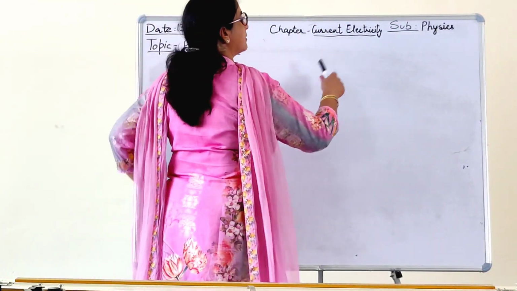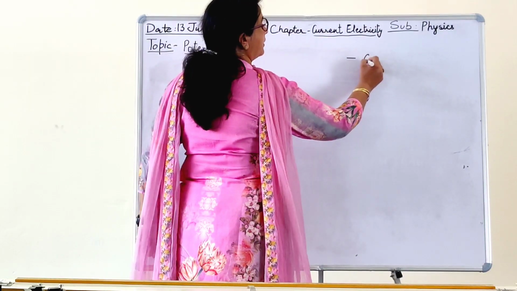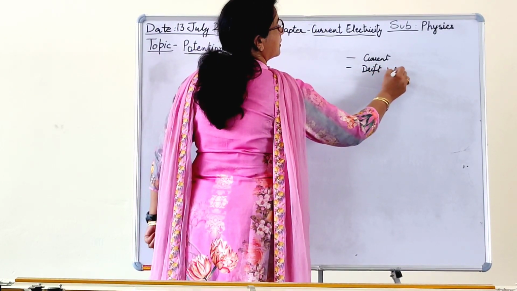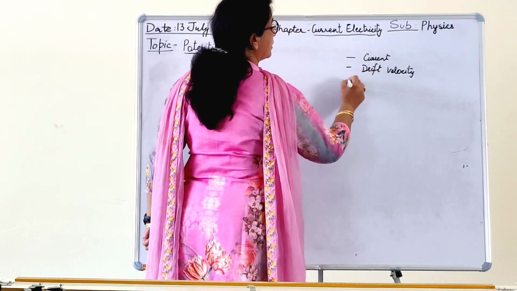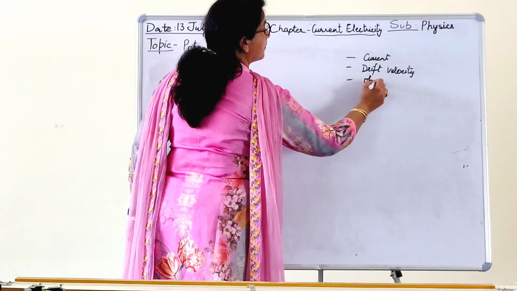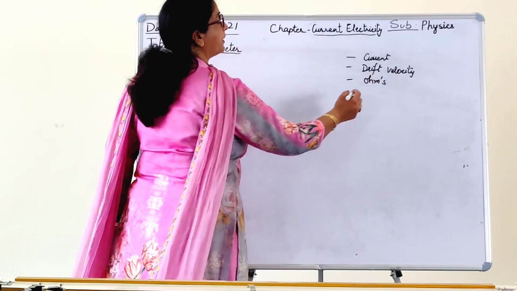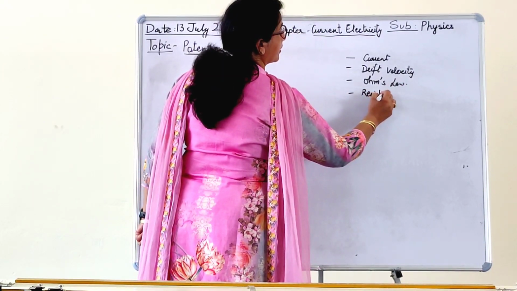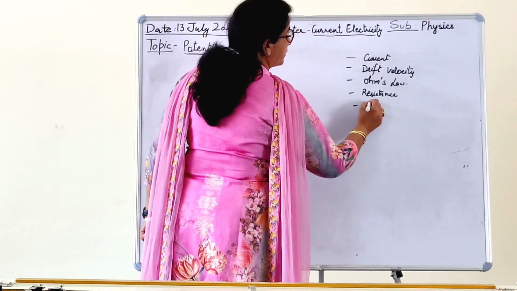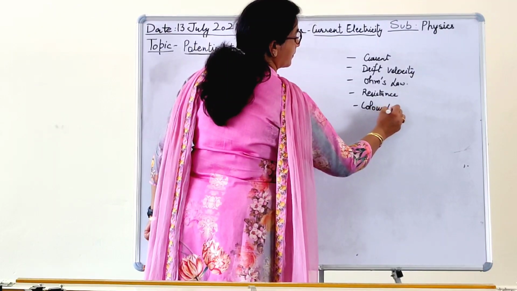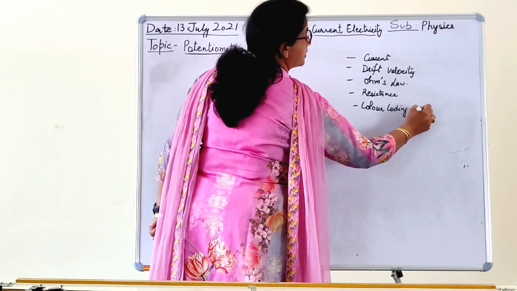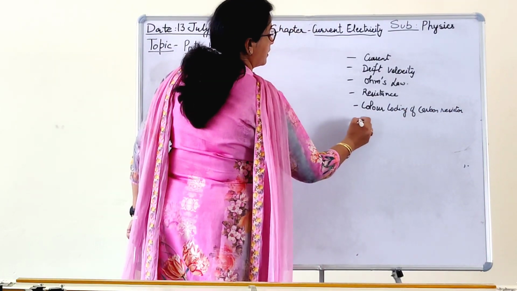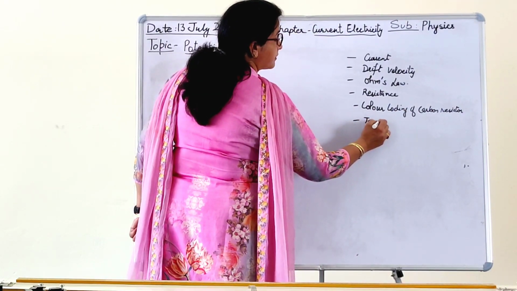We have already discussed current, drift velocity, the relation between the two, Ohm's law in macroscopic form, resistance, color coding of resistance, carbon resistor, the temperature dependence